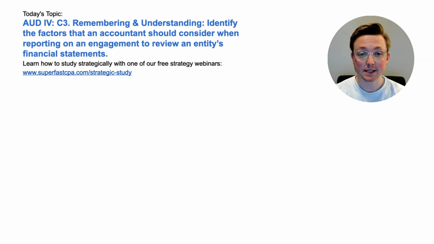I'm Logan, and in today's video, we're going to be going over Audit Area 4. This is Section C3. This is a remembering and understanding topic. Identify the factors that an accountant should consider when reporting on an engagement to review an entity's financial statements. And we're going to be doing that the SuperfastCPA way, which is diving straight into the questions to learn the